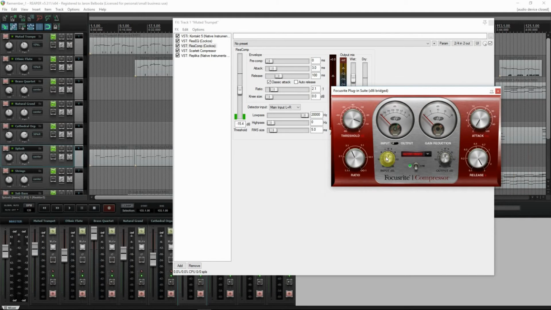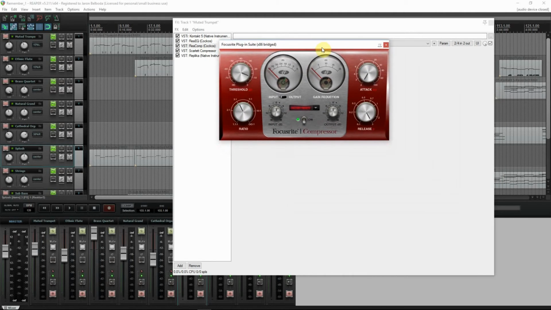So the Scarlett compressor, though, looks kind of like the real compressor that I learned on because it has knobs as opposed to sliders or faders for all of the settings. So I'll show you on the Scarlett compressor. First thing we have is our threshold. 0 being, in this case, the loudest volume, and everything else is below that. So it's not necessarily that you can't hear these, it's just the way it's measured. So I have the threshold here at -10,